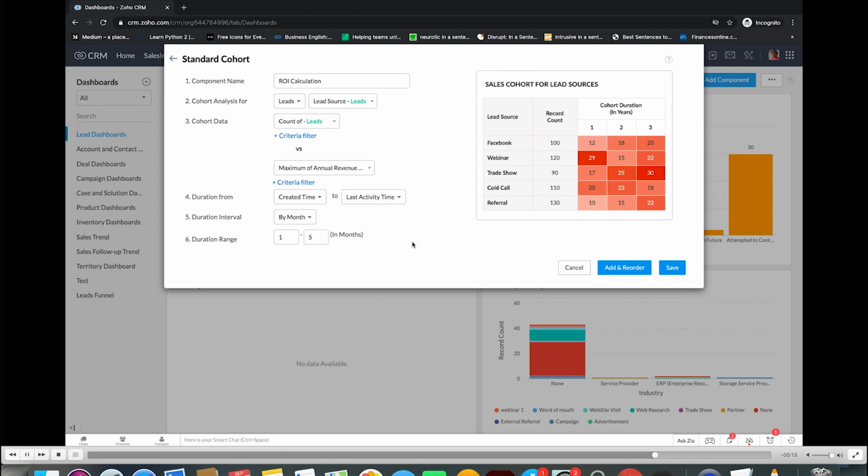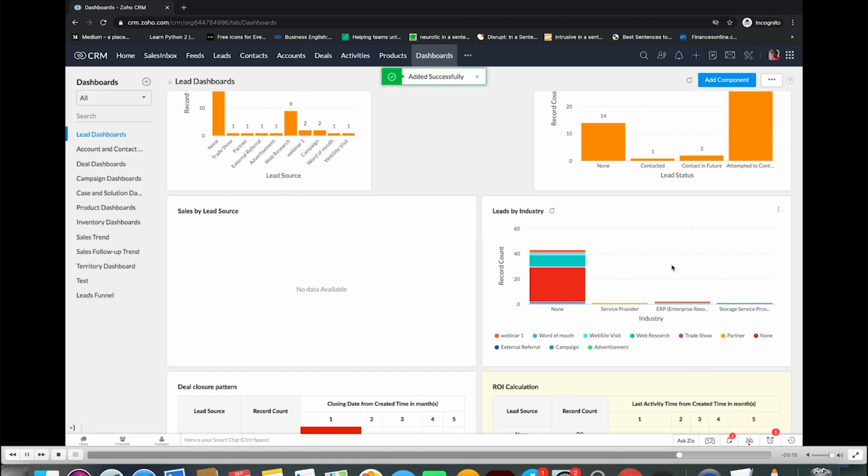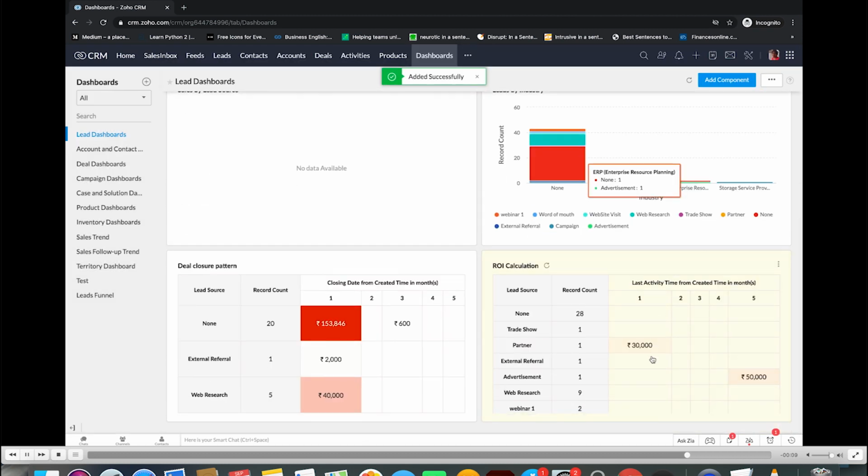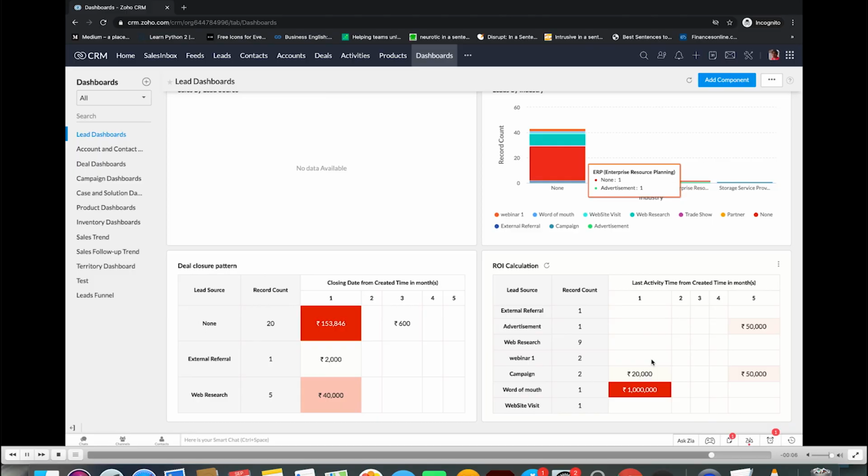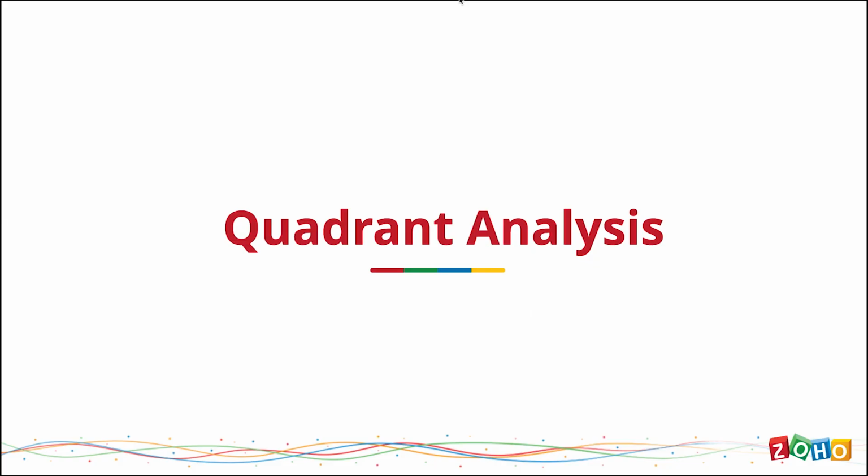Now you can check if your component is correct, and we can go ahead and click on save. Once I save, here I will have the ROI calculation showing me the data in real time. Now, since we are done with cohort analysis, we are moving on to the other component of the dashboard,